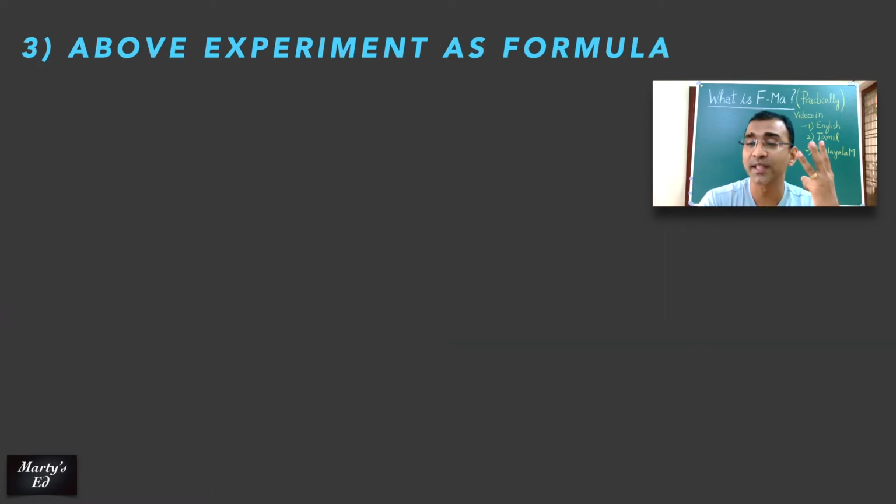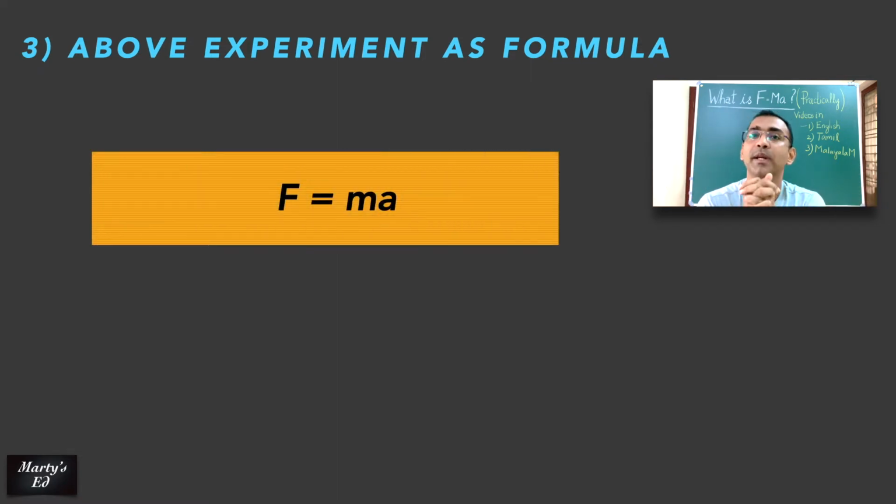So we'll go to the third process, which is nothing but a formula which explains this graphical representation or the observation. So what is a formula that represents the previous graphical representation? Yes, it's the same equation, F is equal to ma. But the question again is, how is F is equal to ma explaining the previous graphical representation or the observation?